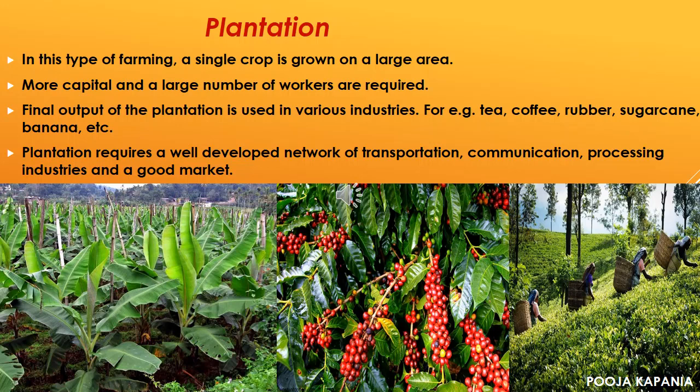And how it happens is that plantations cover large areas of land. It uses capital intensive inputs with the help of migrant laborers. All the produce that is grown on plantation areas is used as a raw material in respective industries. In India, tea, coffee, banana, rubber, sugarcane, etc. are important plantation crops. Tea in Assam and North Bengal, coffee in Karnataka are some of the important plantation crops